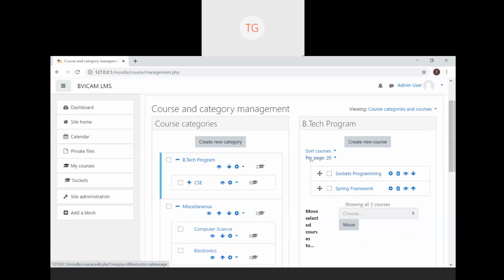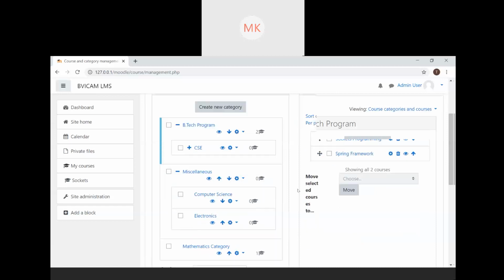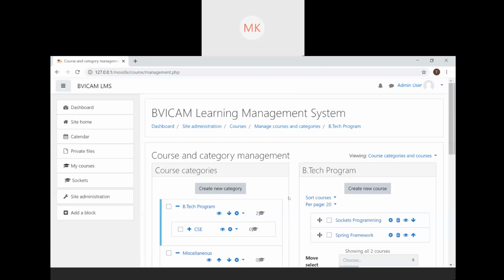Anyone who's not able to see a course here, please write in the chat box. I am able to see a course here. Right? Great. If you're able to see these courses, then it's well and good. If you're not, then create a course. If you don't have a course, you cannot add a resource. So that is why the sequencing of the sessions is such. The first session is installation, then you create categories and courses, and within courses, you add further things. Right? So if you don't see a course, add a course.